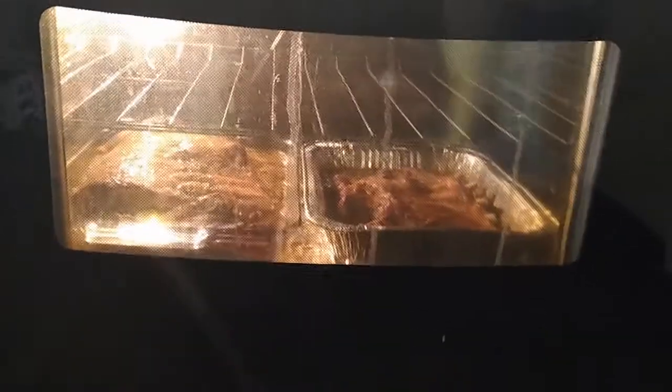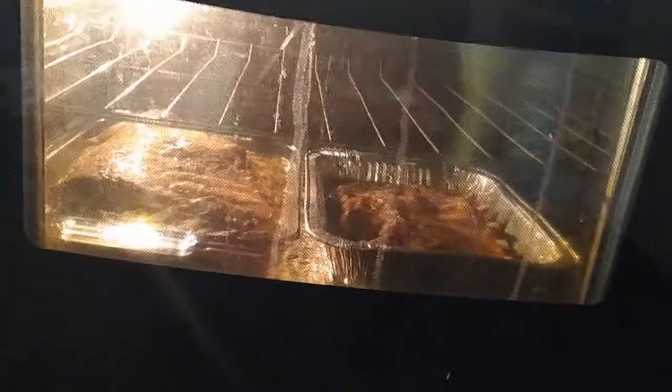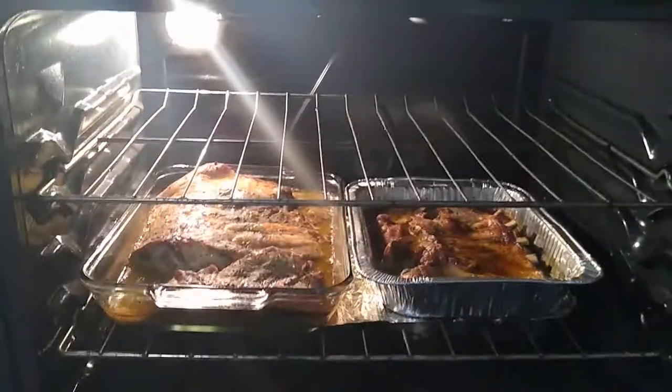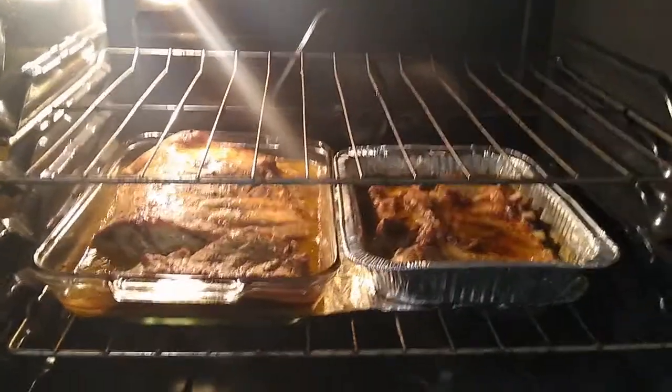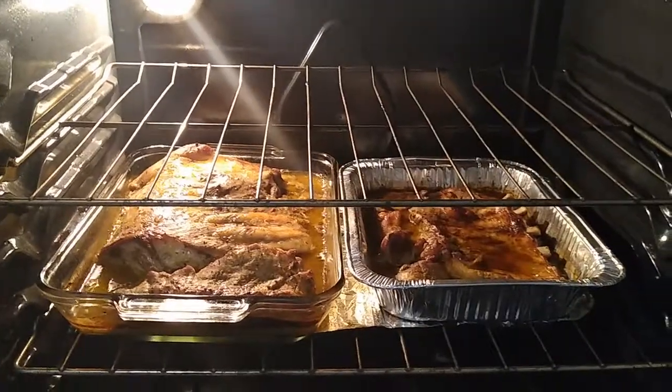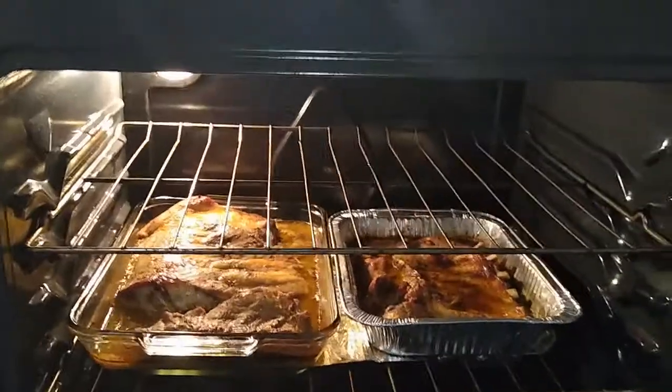By the way, this is my ribs in my oven. As I'm working on the video, I'm basically cooking at the same time. Every now and then I'll come inside and check how my ribs are looking. Smell good. Anyway,